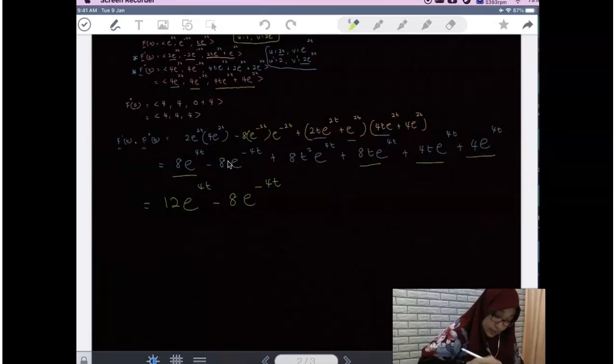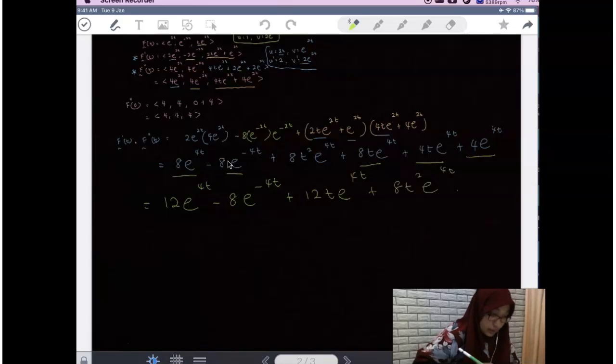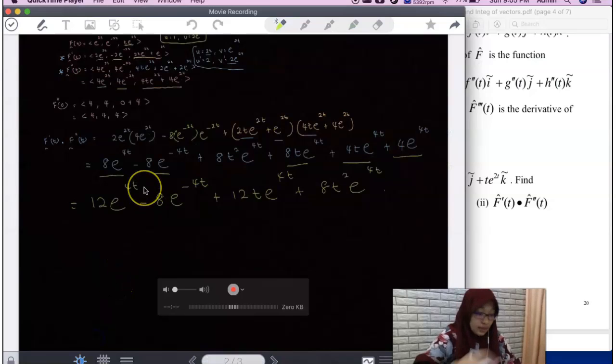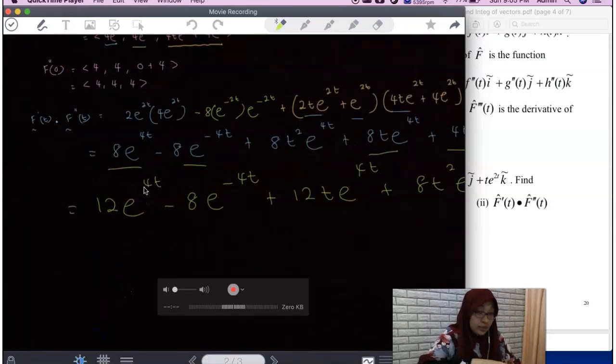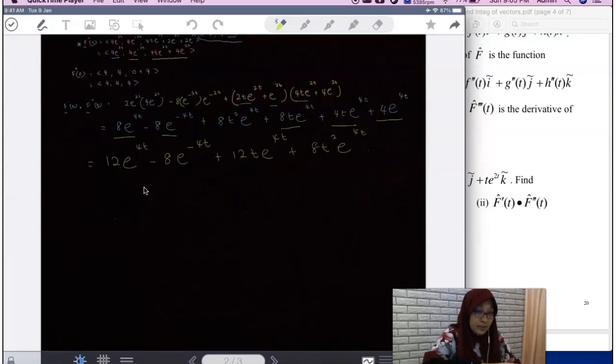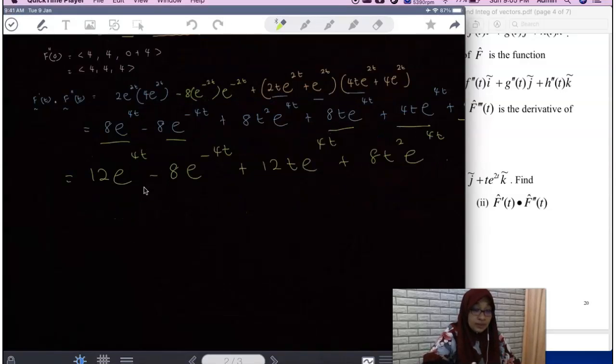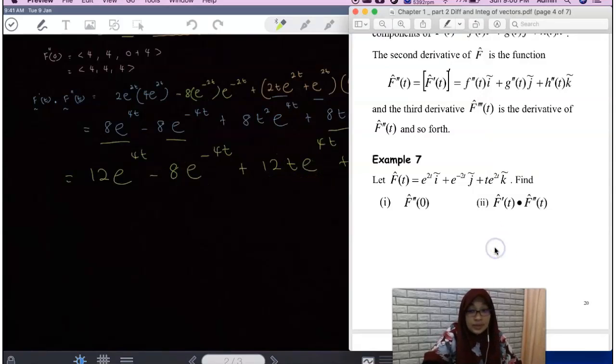This one and this one will give you 12t e^40. Sebentar. So plus 8t squared e^40. Okay, so that is the outcome of the dot product between f prime and f double prime. So we get a constant, an expression in terms of t, not a vector form. Okay, so next,